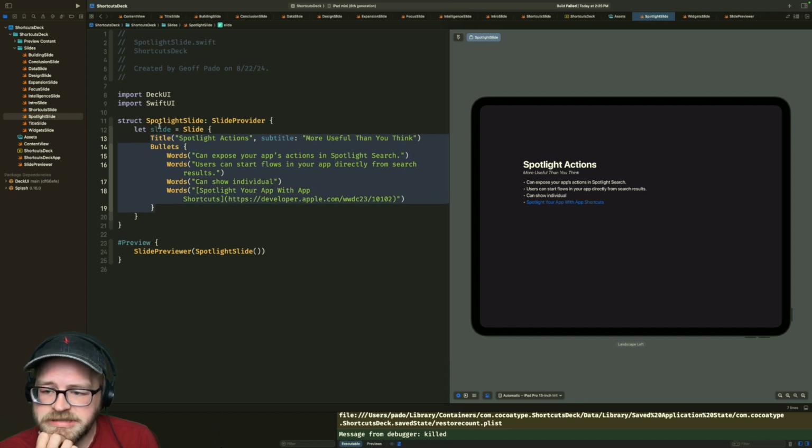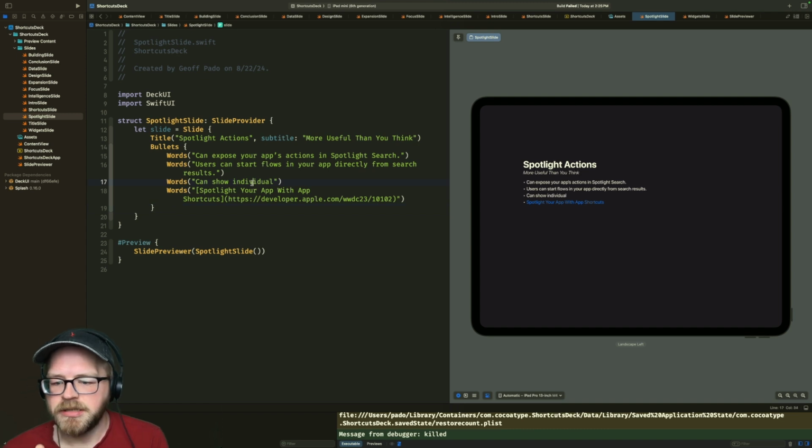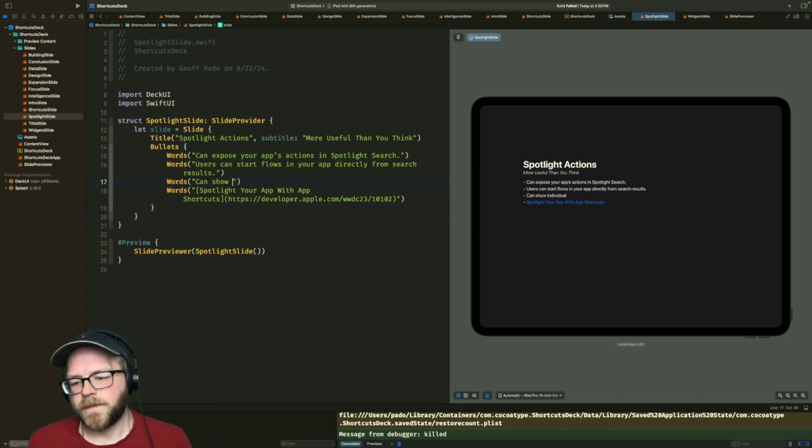All right, slides, spotlight actions, bullets, words. Yeah, can show multiple actions under one app result.